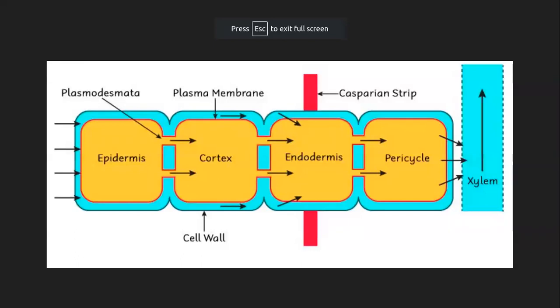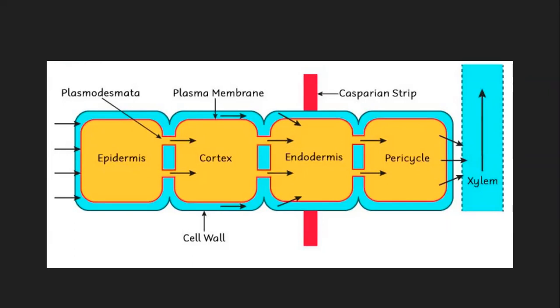So in terms of analogy, the function of the Casparian strip is something like this. Let's say you have an overhead water tank on the top of your terrace, and we have a common ceiling in between. The water tank is always lined with some leak-proof material, and also the wall of the ceiling is cemented with leak-proof material so that the water does not leak down, right? That way, the Casparian strip has a similar function.